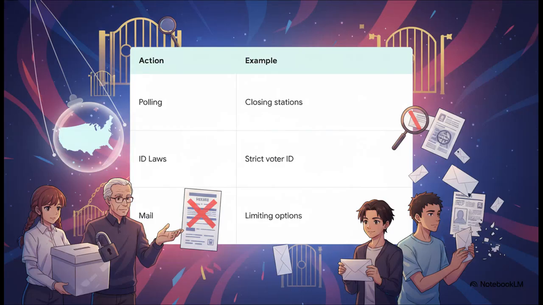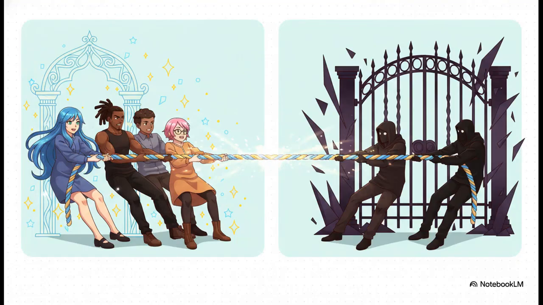We can see the direct, real-world impact of the pendulum swinging back toward state control. Following the Shelby decision, at least 23 states responded by enacting newly restrictive voting rules. As a result, we saw polling stations being closed, strict statewide voter ID laws enacted, and limits placed on both mail-in voting and early voting hours. And this brilliantly illustrates our entire lecture today. On one side, we have the historical drive to expand access through things like motor voter laws and VRA federal examiners, but on the exact opposite side, we see those counter-push restrictions, things like polling place closures and strict voter ID laws. It's a constant historical tug-of-war playing out right in front of us.